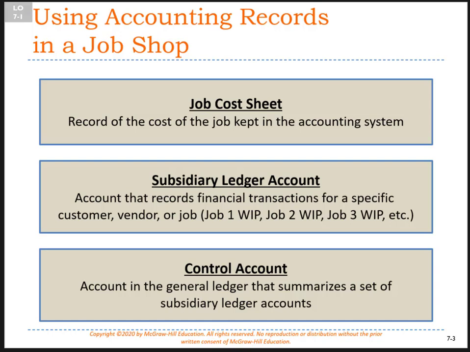there was a job cost sheet. Now it's all, of course, automated, but it serves the same purpose. It tracks the cost of that particular job. So it would be labeled with that job number or letter or name or whatever. And that would keep track of all the direct materials, direct labor, and eventually the allocation of overhead for that particular job. And when people turn in time cards and requisition materials, on each one of them, if your system